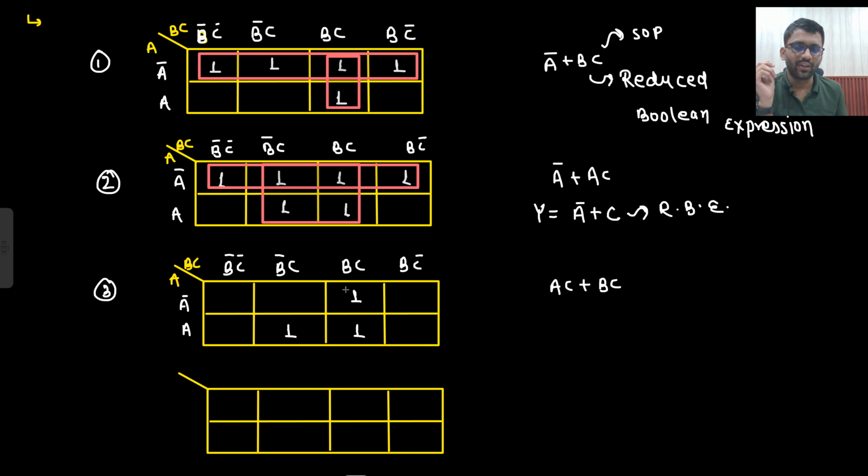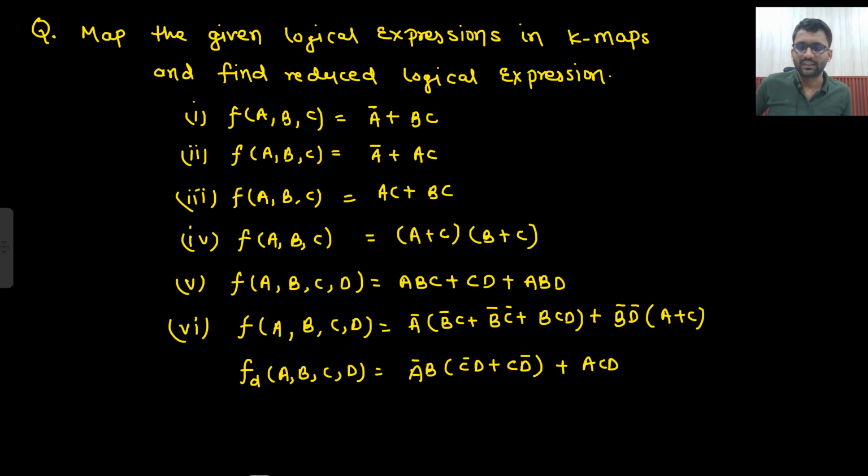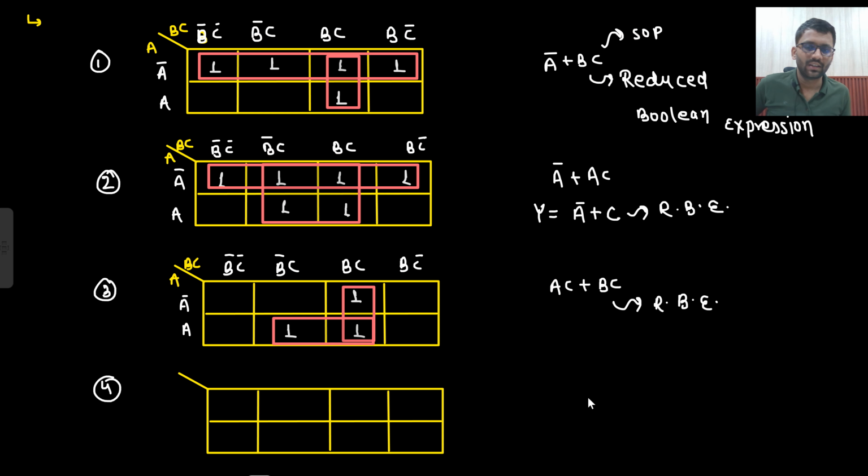What is the reduced expression? This would be there and this would be there. So if I choose this particular pair, so here A into C would come, and if I choose this particular pair, then B into C would come. So this is already reduced Boolean expression. We cannot reduce this Boolean expression further. So this is already reduced. Let's see the next one. That is A plus C